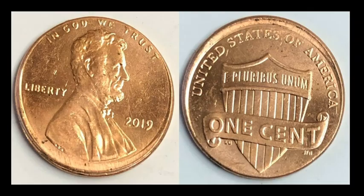Okay, here's another new coin. This time it's a 2019 Philadelphia Lincoln Shield Cent. This one looks a little bit off-center, but what we have here is a partial tilted collar. All right, so the collar wasn't quite seated up all the way directly to the edge of the coin when this coin was struck. The reason why I know it is a partial tilted collar is because you still have